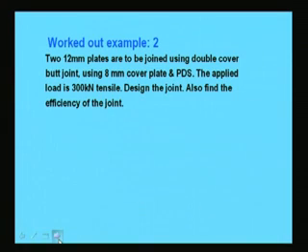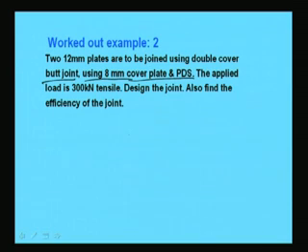This is another type of example, that is two 12 mm plates are to be joined using double cover butt joint. So, in earlier example we have shown the lap joint, here we will show the butt joint using 8 mm cover plate and power driven soft rivets. The applied load is 300 kilonewton. So, design the joint, also find the efficiency of the joint. So, here the